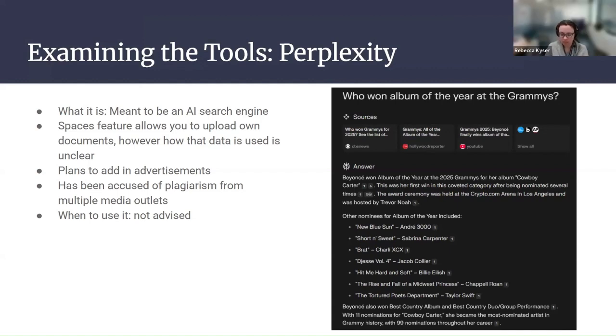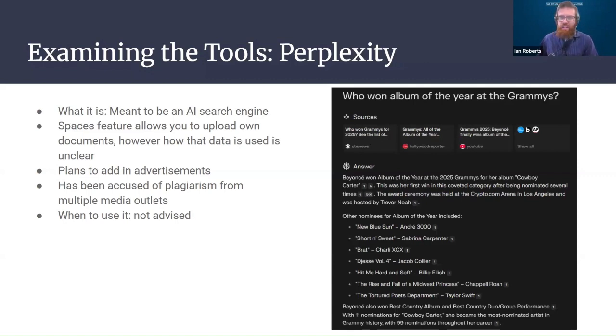Perplexity has a feature for uploading your own searches and threads into a repository. It's not clear how that data is being used. And again, to compare to ChatGPT, if you have an account, it will save previous searches that you can refer to later. So I'm not sure that this is any better. Perplexity will likely start putting up advertisements at some point if they have not done so already. There are also accusations of plagiarism, which is, I think, inevitable when you're pulling data straight from news sites. You see in the screenshot here, it pulls from CBS News, Hollywood Reporter, and then it's kind of just spitting that back out verbatim. And so a lot of news sources are not super happy with them right now.